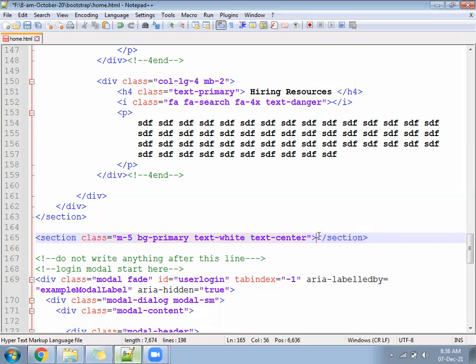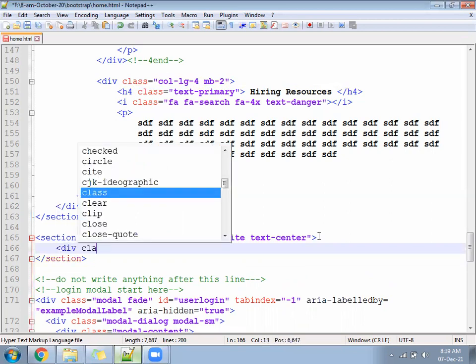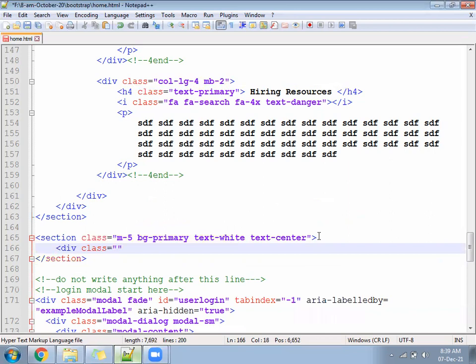Next, after that, you will go inside and write a division, class equal to container. M5 is wrong, hold on. M5 should not be like this.